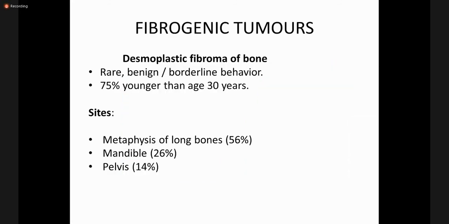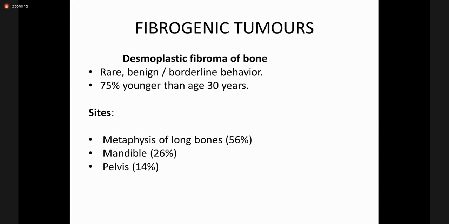Other than that, if we discuss the differential diagnosis for the osteosarcoma, the top differential is the chondrosarcoma. In older age group, there is dedifferentiated chondrosarcoma. There is Ewing sarcoma. There is another variant of osteosarcoma which is the small cell variant, and this may mimic Ewing sarcoma. Then sometimes well differentiated forms of the osteosarcoma are confused with fibrous dysplasia. So the differential for osteosarcoma is chondrosarcoma, Ewing sarcoma, and fibrous dysplasia.